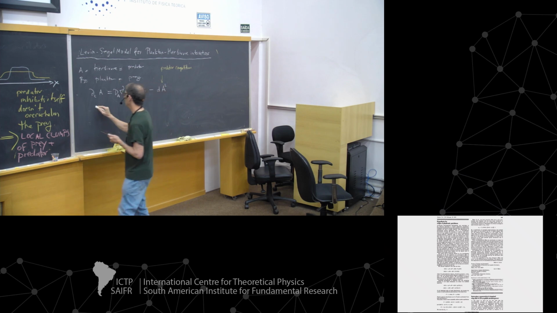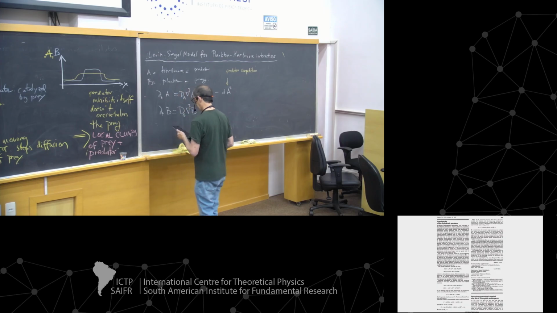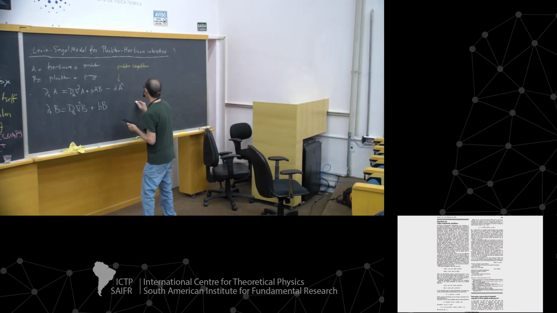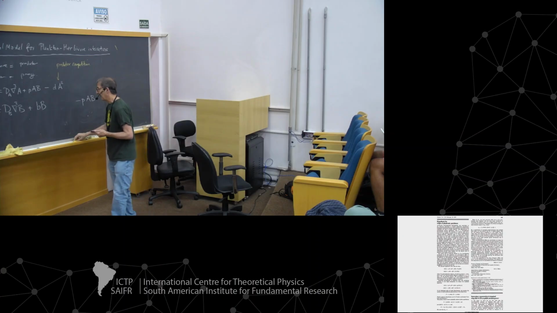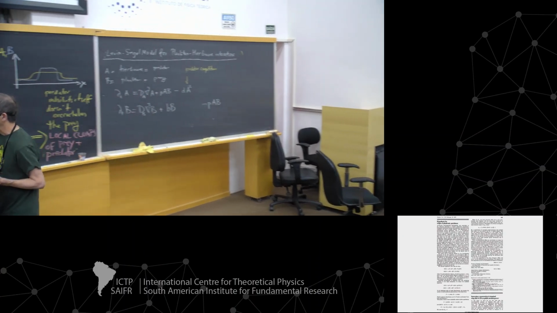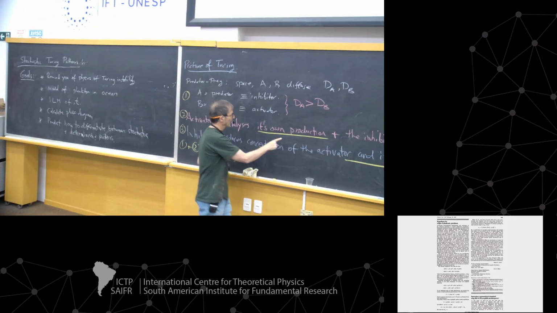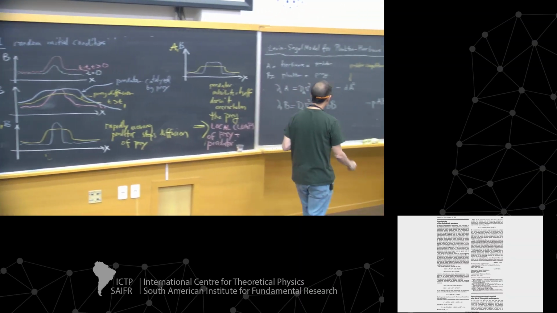And then I can write down an equation for B. So that's going to just diffuse like we've seen before. I have the birth of the prey. I also have the predation by the predator, but we also have the fact that the prey, unlike the regular Lotka-Volterra, are the activator, and the activator catalyzes their own production as well as that of the inhibitor. So what that means is that the term that comes in here